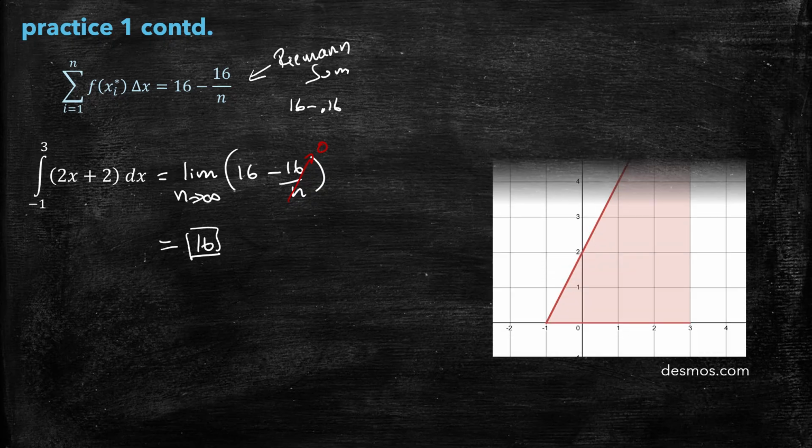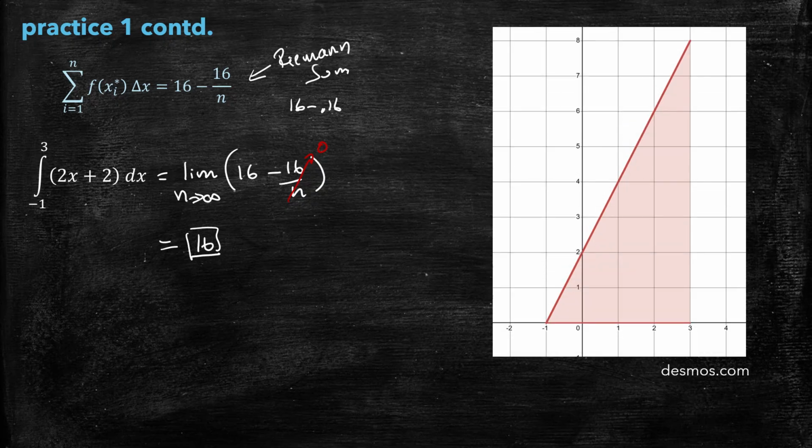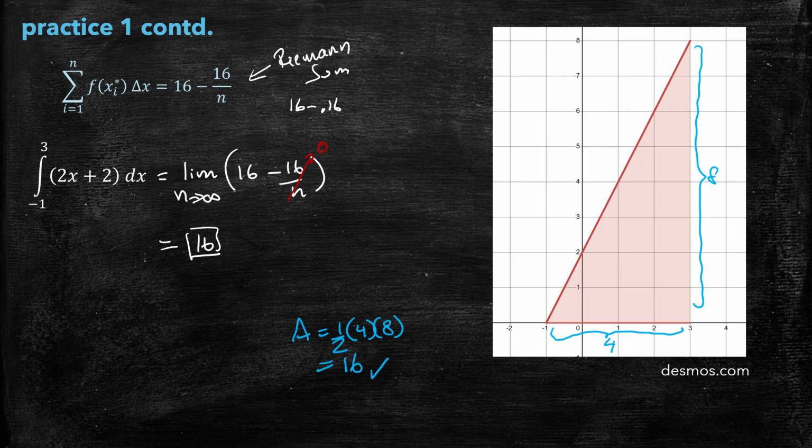So let's take a look at this. If I graph the function 2x plus 2, which is just a linear equation, and we're looking from -1 to 3, we can see that we could work out this area. The base is 4, and the height is 8. So the area equals half base times height, half of 4 times 8, which comes out to be 16. That checks. You probably wonder why we had to do it using Riemann sums and limits, but it's nice for demonstration purposes. And now we'll get into a practice problem that can't be done geometrically and can only be done using